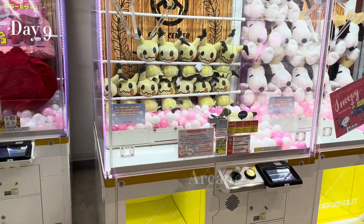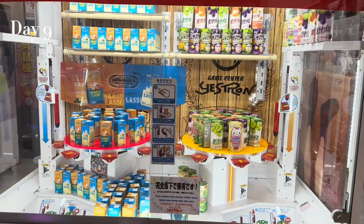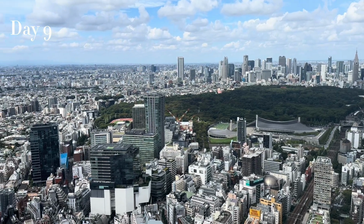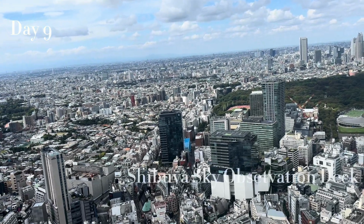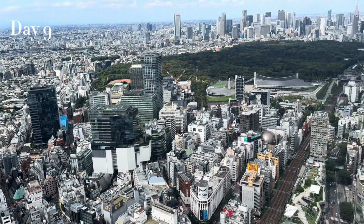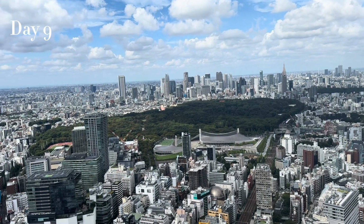Oh my gosh, it's the most chaotic and loud and just so many things happening. You've got to experience it. It's good you stick around till the end because the next two things are the best things that we did while we were in Tokyo. The first one is visiting Shibuya Sky Viewing Platform. This is one that you need to make sure you book in advance so you can get in there. It's extremely busy. There are so many queues and I'm not surprised because it is the best view of Tokyo